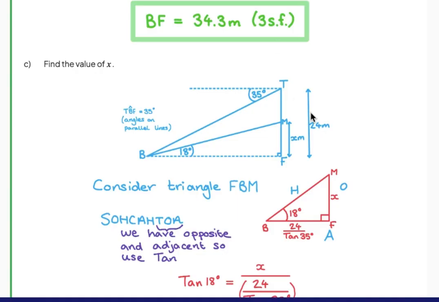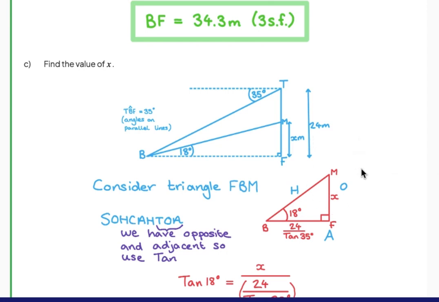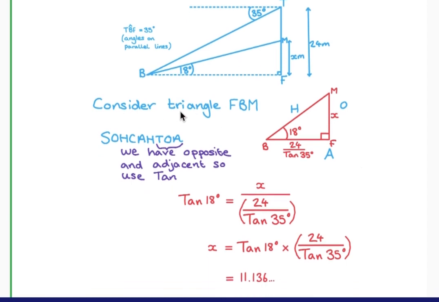Okay, let's continue from here. Now we consider the triangle FMB. Look at it. Here's the B, here's the M, here's F, and it's angle 90. This is the x meter. And this, remember we solved this one. No need to write 24 over tan 35, we've already obtained the value. The value is 34.3. So you say opposite over adjacent, tan 18 is equal to opposite, which is x, over